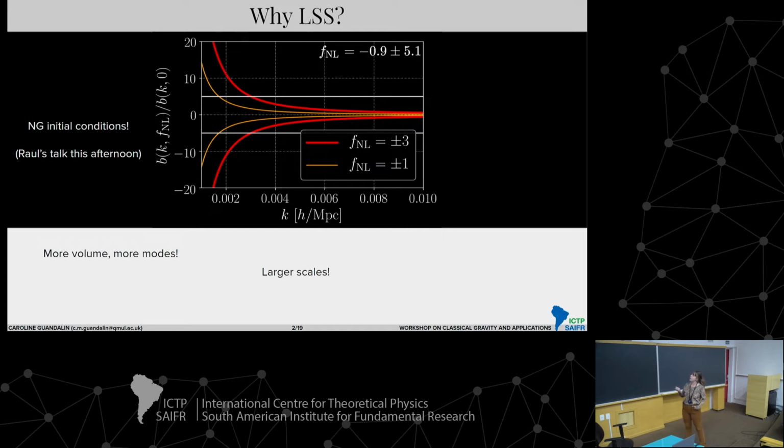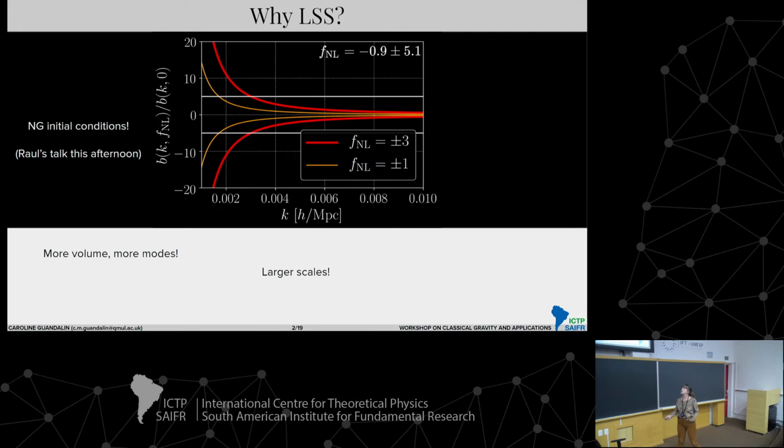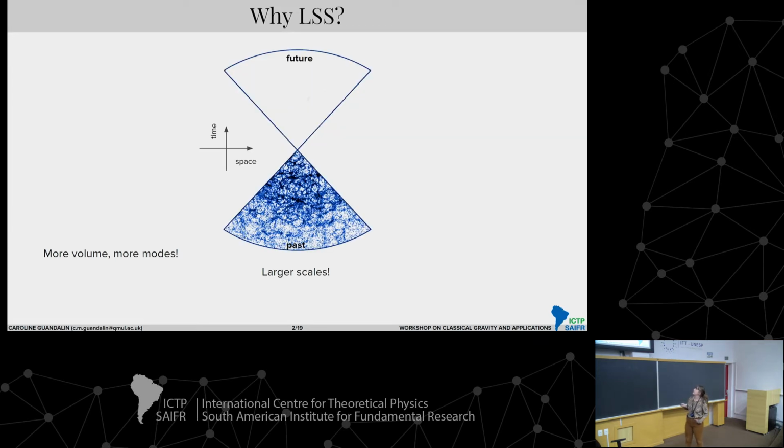One example, which Raul briefly mentioned in his talk, is the non-Gaussian initial conditions of the universe, which leaves a very specific imprint on the bias of dark matter tracers. So if you break the Gaussian assumption using a specific kind of non-Gaussianity, then as you go to larger scales, to low wave modes, you start to have scale-dependent features on the bias of your dark matter tracers, for example, galaxies or dark matter halos. And this can be observed at the very large scales that you can measure. This is something that is interesting to use the large-scale structure to do.